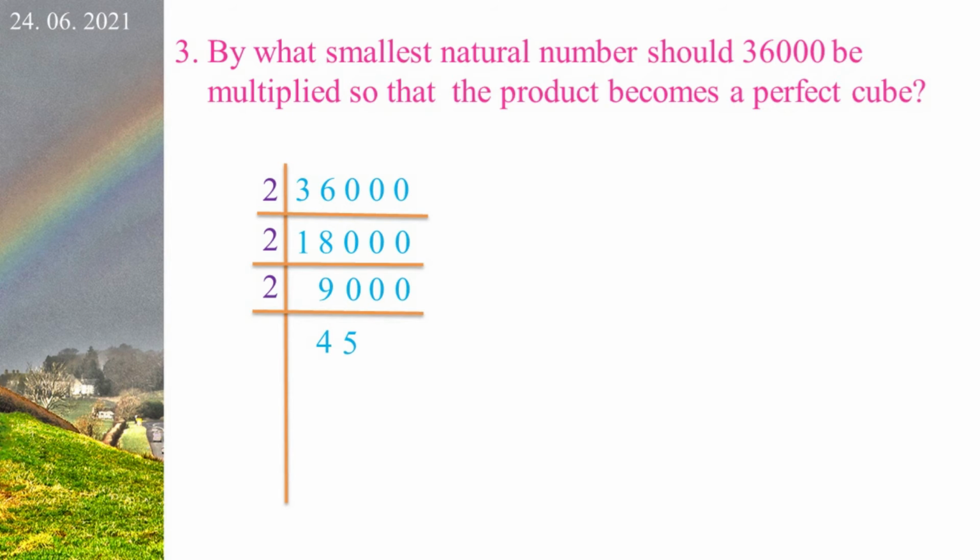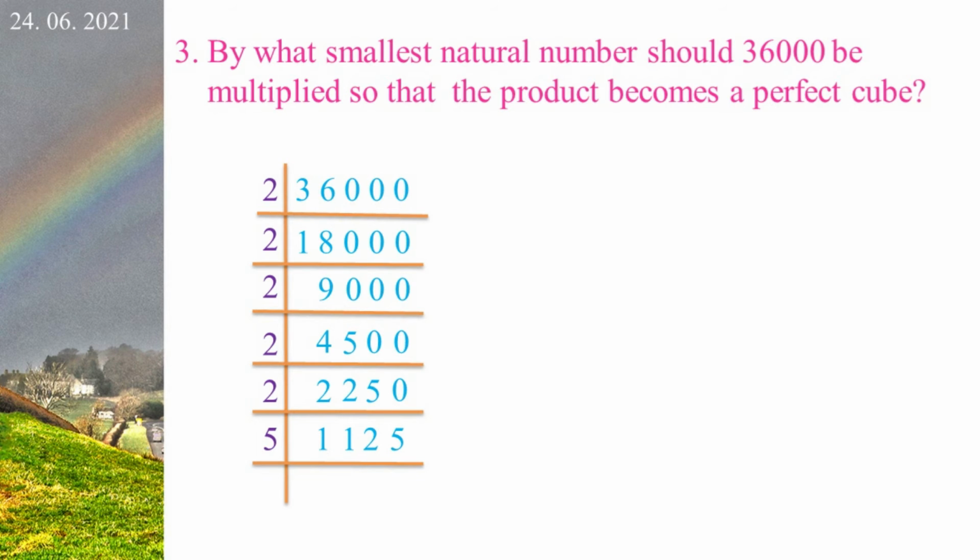Next digit is 0. We take a 10. 5 2s are 10. Next 0. Again we take a 2. 2 2s are 4. Balance 1. Next digit is 0. We take a 10. 5 2s are 10. 0. Again we take a 2. 1 2 is 2. 2 2s are 4. Balance 1. 10. 5 2s are 10.